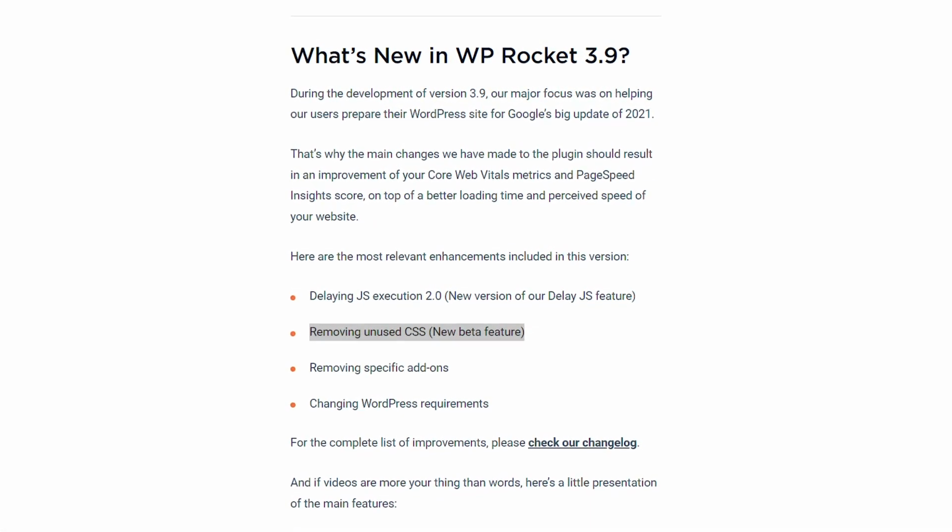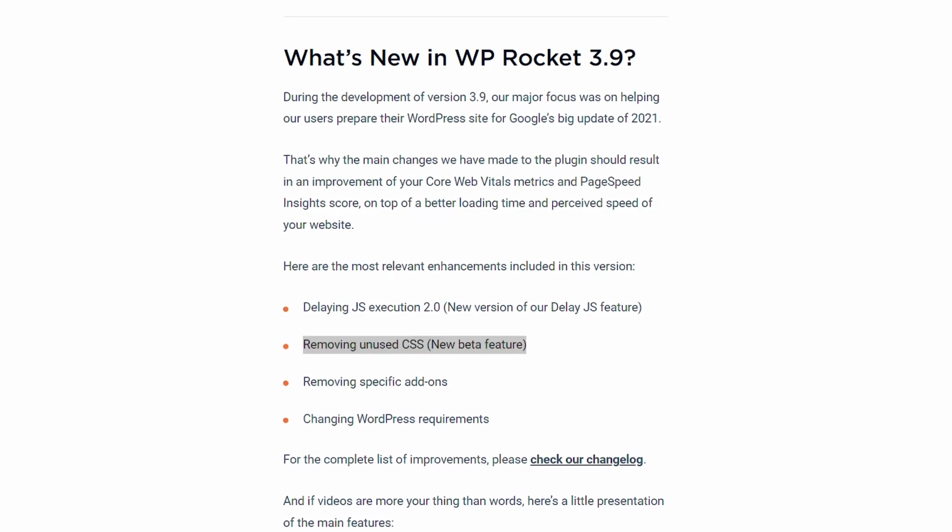For our previous users out there, the remove unused CSS feature has been around since WP Rocket 3.9, and it's been in beta ever since. It has been that way because we have simply not been satisfied with the feature, and we knew it could work a lot better. A common problem that we had is that the availability wasn't great and the service was often down. And we knew that we had to do better for our users.